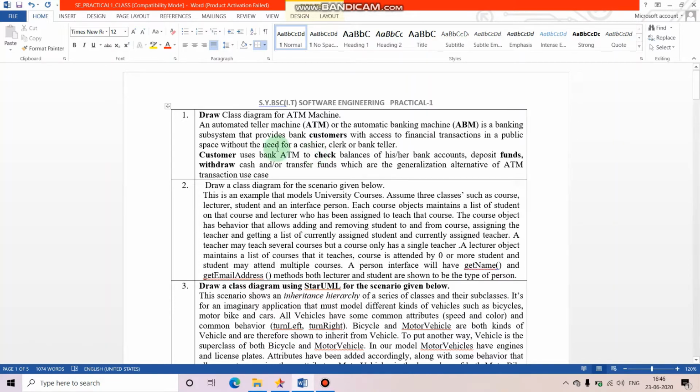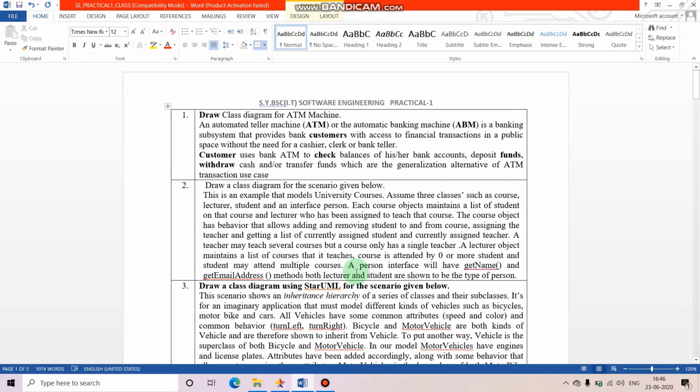If you sit down to learn each and every diagram, it will be very difficult for you to perform this practical. All the practicals of software engineering have many questions on many diagrams. You have multiple diagrams like these: this is the class diagram, next you have the use case diagram, third the activity diagram, then the data flow diagram, the sequence diagram, and in those multiple diagrams you have multiple questions.